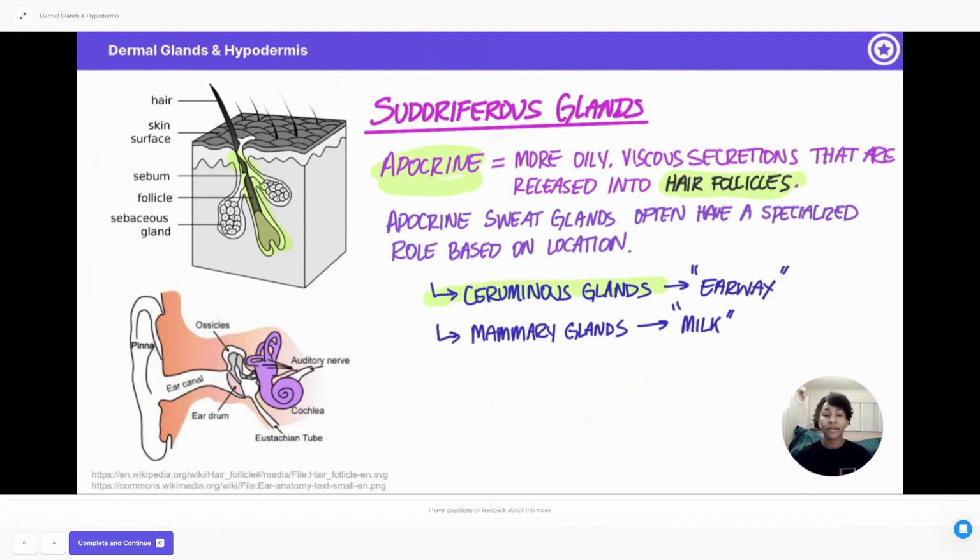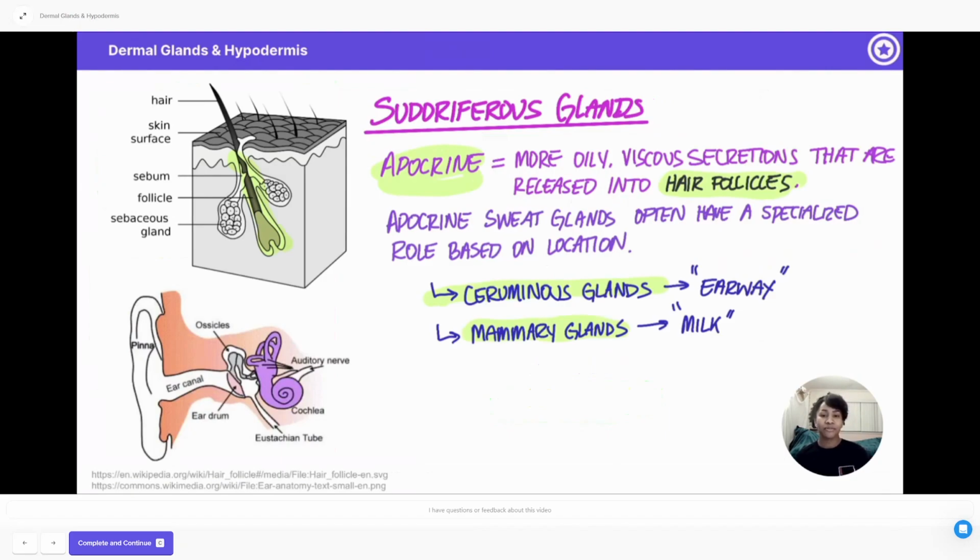It's a type of modified apocrine gland that secretes earwax instead of some other oily secretion of proteins and fats. Same thing with the mammary glands. The mammary glands are going to be producing milk in someone that is lactating. And although milk is a leap from earwax, and earwax is a leap from just a simple oil, apocrine glands